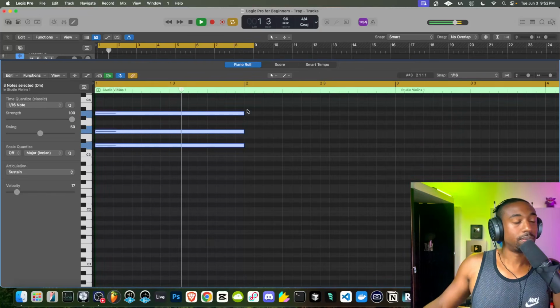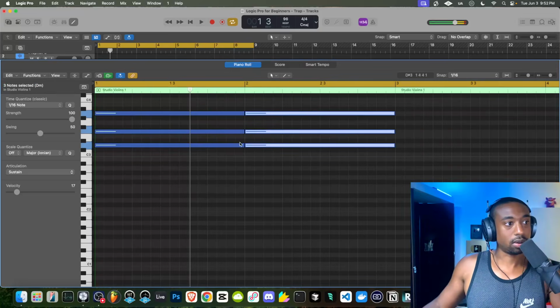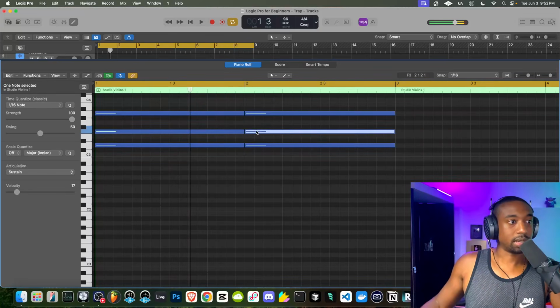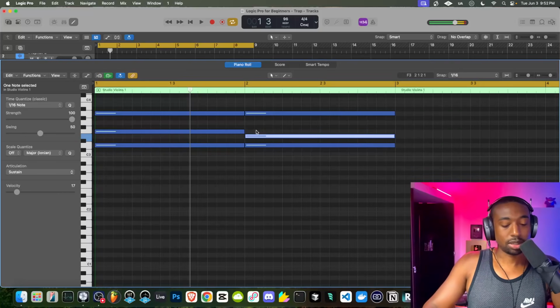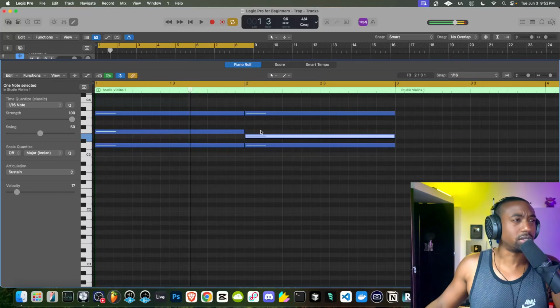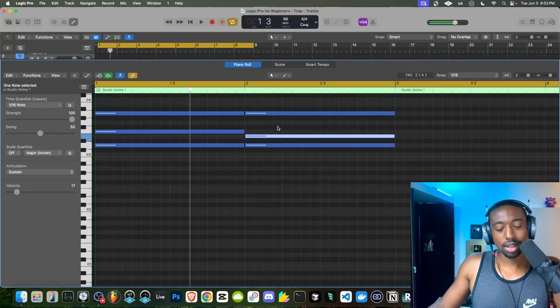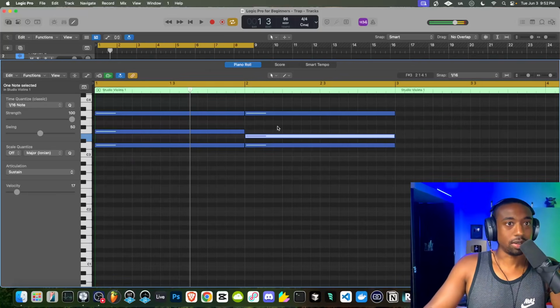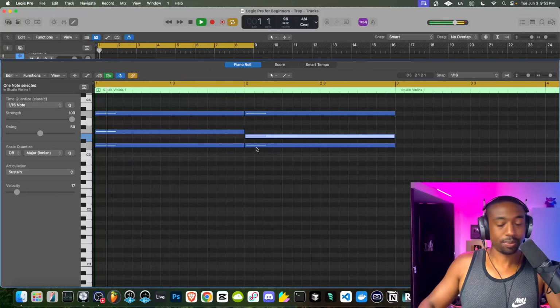Very soft. We're going to highlight all these, hit Command R to duplicate. And then we're just going to take this note, hit Option down. It's weird calling it Alt Option. I'm just going to call it Alt. Okay, hit Option down or Alt down to transpose this note.